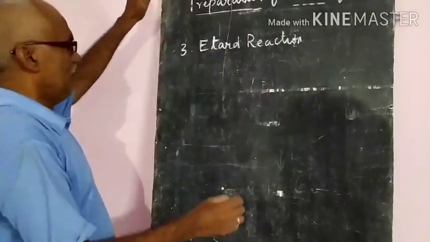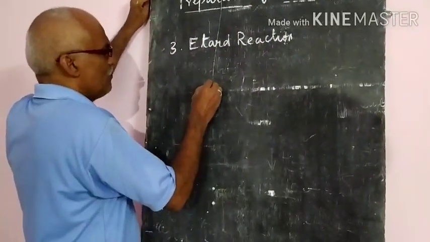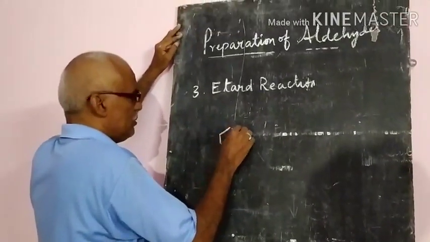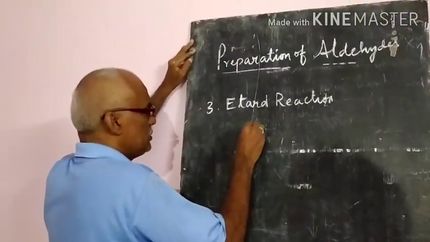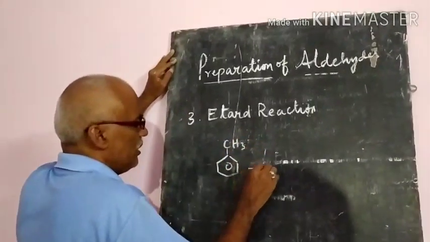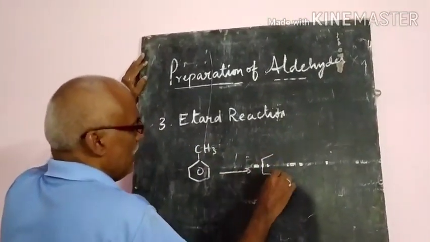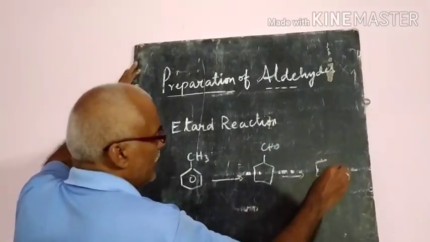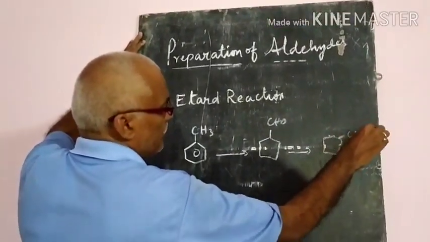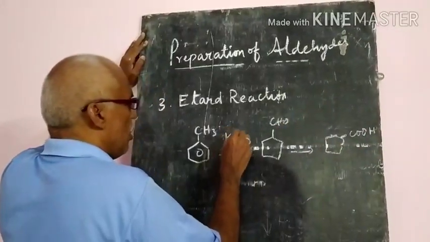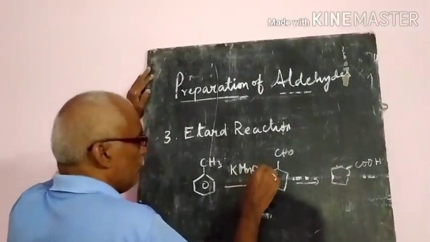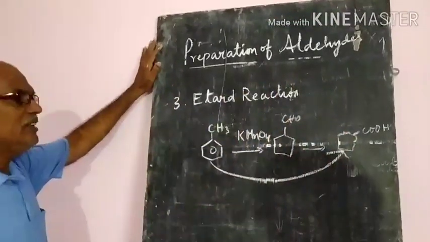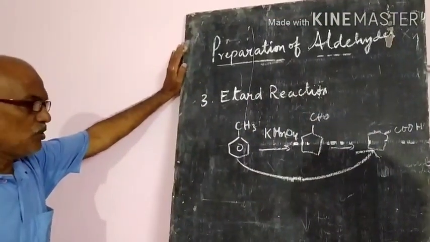Generally, what we learned earlier is that benzyl group compounds, that is toluene or any other, on oxidation will give the aldehyde. Further oxidation will automatically give the corresponding acid. That means if you use a strong oxidizing agent, it will give the corresponding acid directly. So that is the most important.